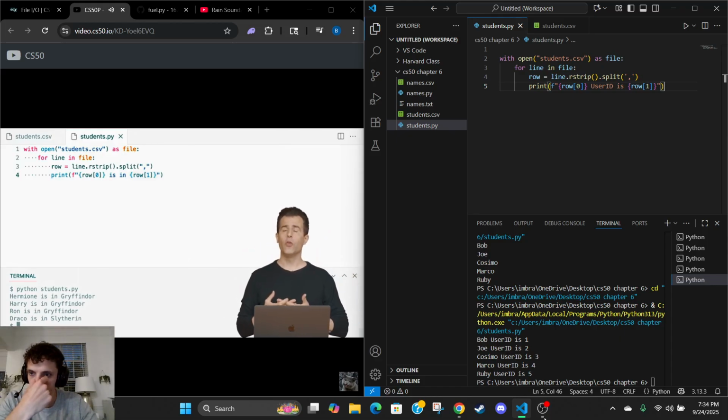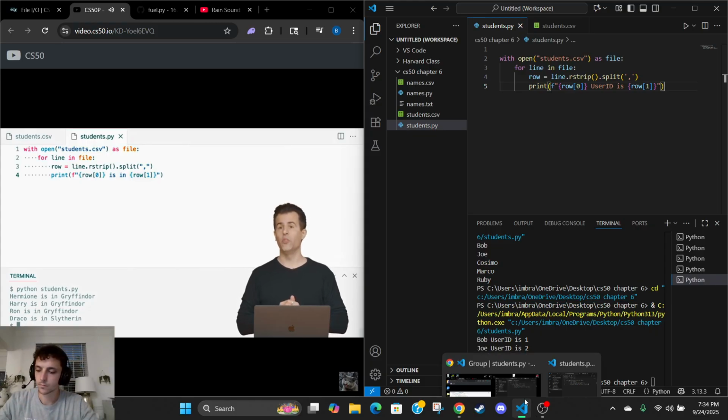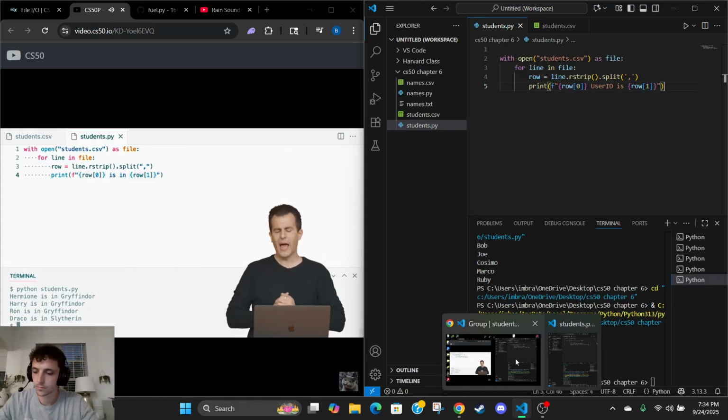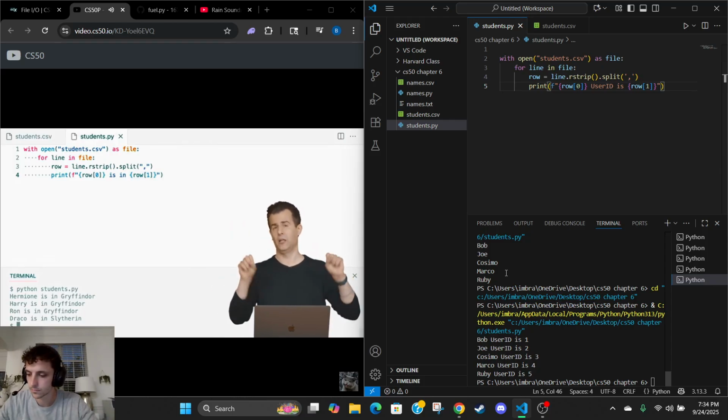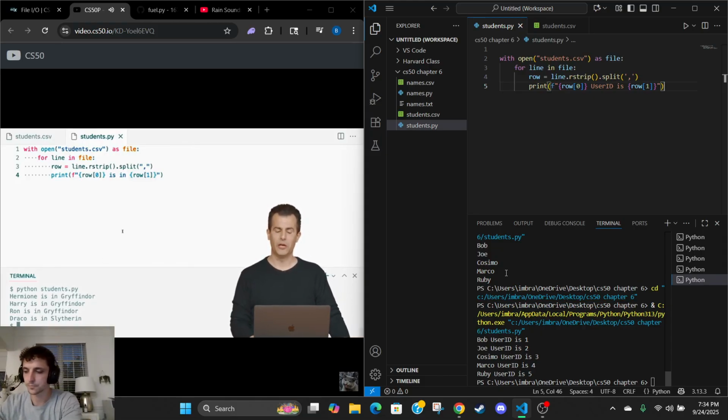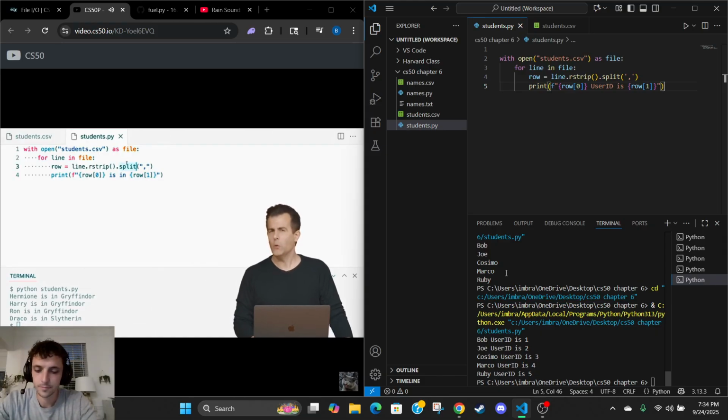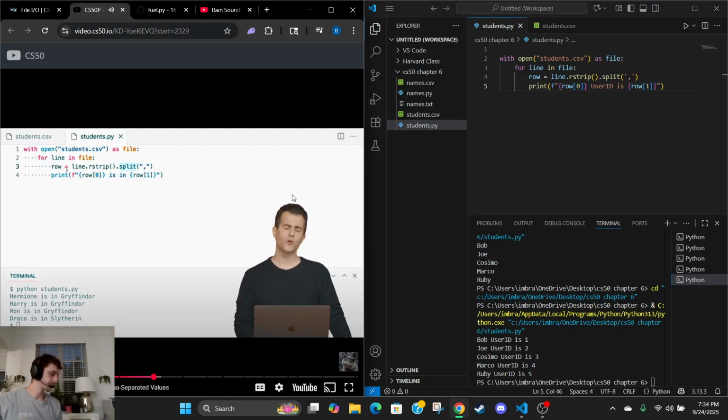But it turns out that when you have a variable that's a list, like row, you don't have to throw all of those variables into a list. You can actually unpack that whole sequence at once. That is to say, if you know that a function like split returns a list, but you know in advance that it's going to return two values in a list, the first and the second, you don't have to